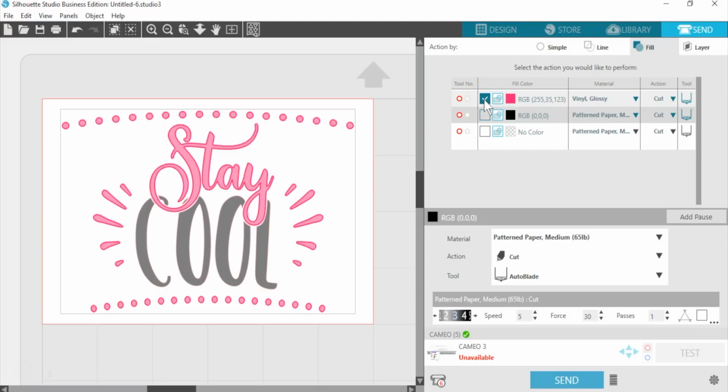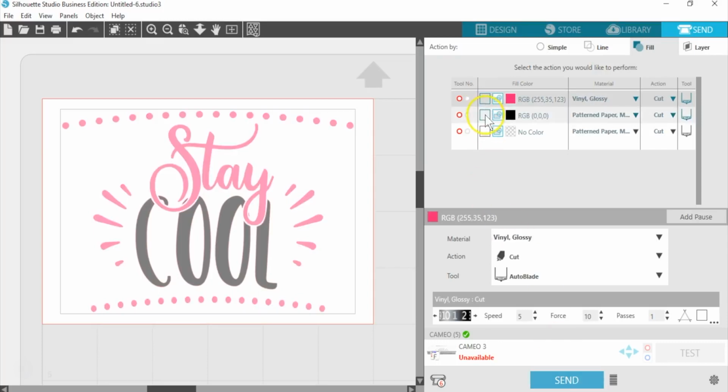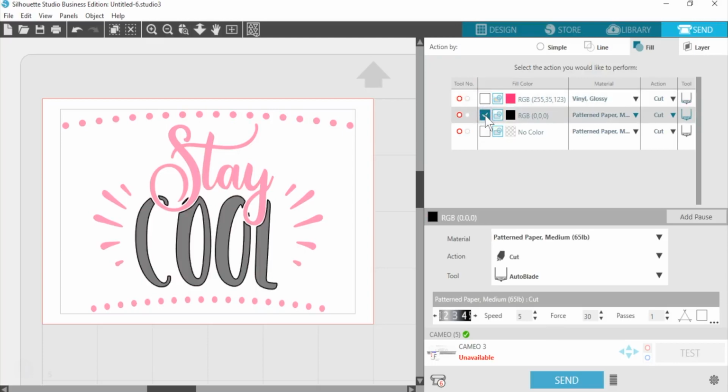So what I'll do is I will load a piece of 6 inches by 4 inches vinyl in pink onto my mat and load it into my Cameo, and then I'll click send here in the send panel. When that's all done cutting, I can unload the mat, I can take the vinyl off, and then I would uncheck the pink box and check the black box.